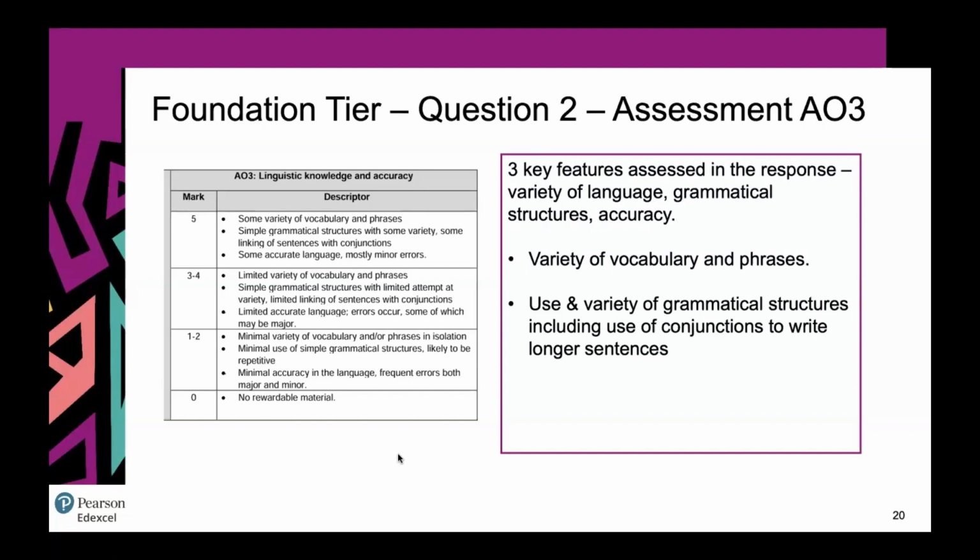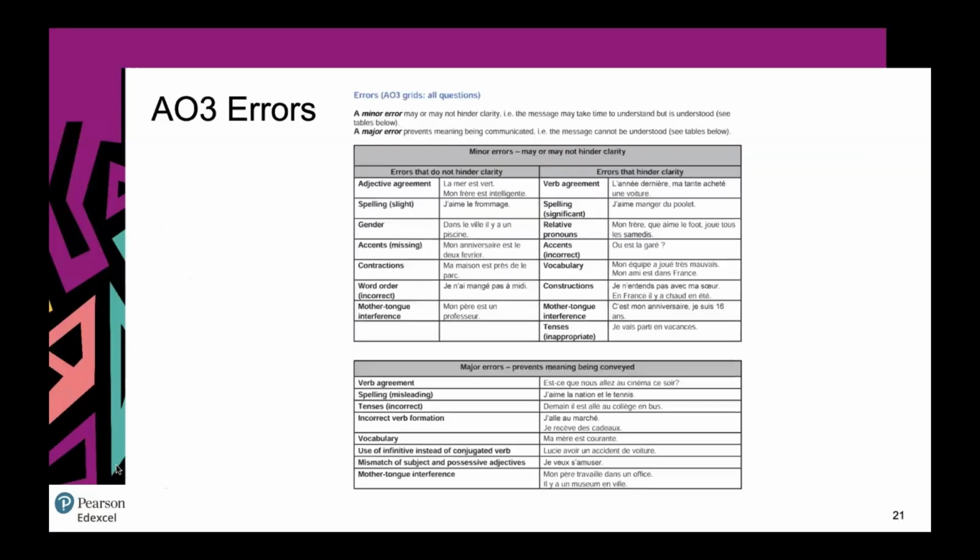Now, the third strand of the assessment is accuracy. And with the accuracy, the examiner will consider how accurate the language is and the sort of errors made by the student, and whether they are major or minor errors. So, for example, and again, this is in for all languages in the delegate booklet as well as in the specification material, you have the